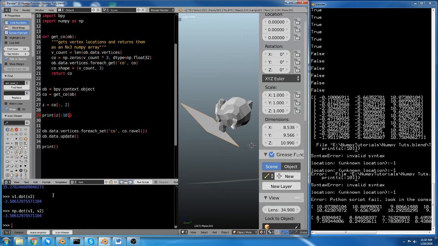The way that I usually write it, given I've done a ton of speed testing, and doing v1 dot v2 I think is the same speed. But if you're dealing with an array of vectors and you want the dot product of an array of vectors with another single vector, you can use the @ symbol that's sometimes used to indicate matrix multiplication. So v1 at v1 is the same thing as v1 dot v1,